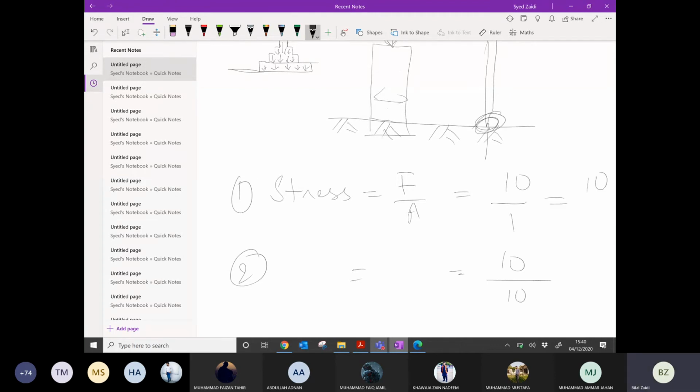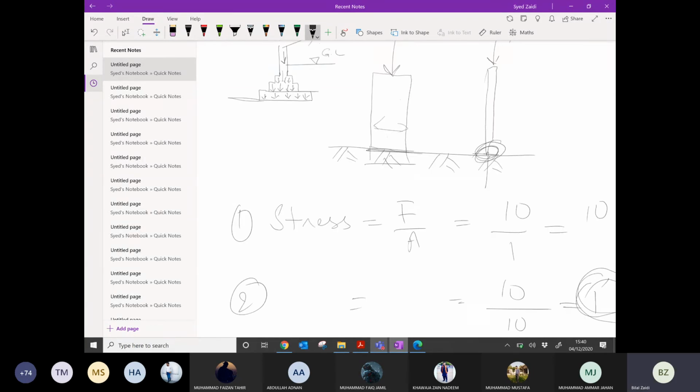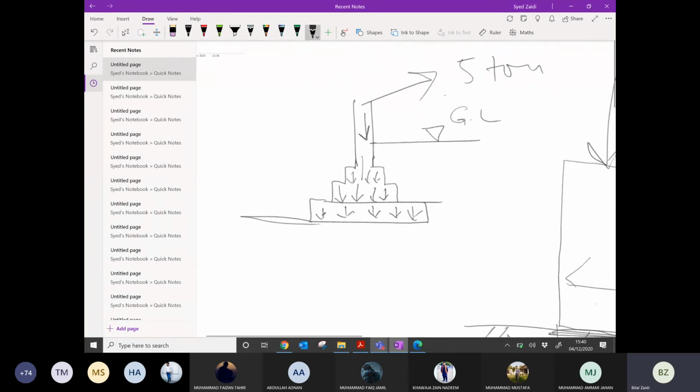Resultant stress will be 10 here and resultant stress will be 1 here. So if you increase the area, the stress reaching the bottom portion will reduce. That is why we have increased the width of our foundation, so that the stress reaching the top of the underlying soil may reduce below its bearing capacity. If the bearing capacity of the soil is 1 ton per square foot, the stress reaching here must be less than that. Right?